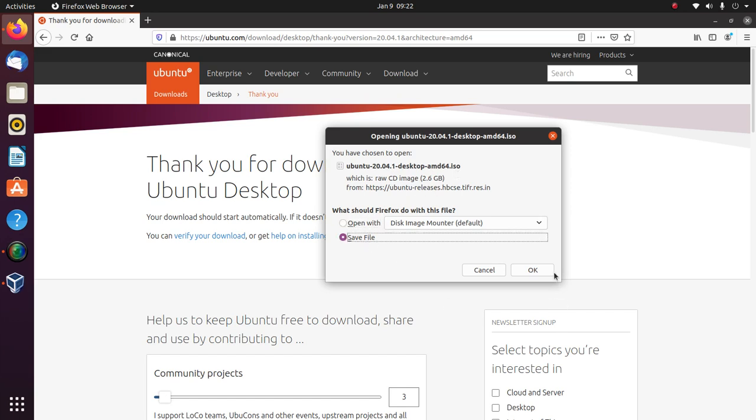Just save the image to your hard disk so that the same ISO image can be used while installing Ubuntu in VirtualBox. I am not going to save it now as the download has already been done and I have that ISO already available in my machine. If you want, you can just proceed and download the ISO from Ubuntu.